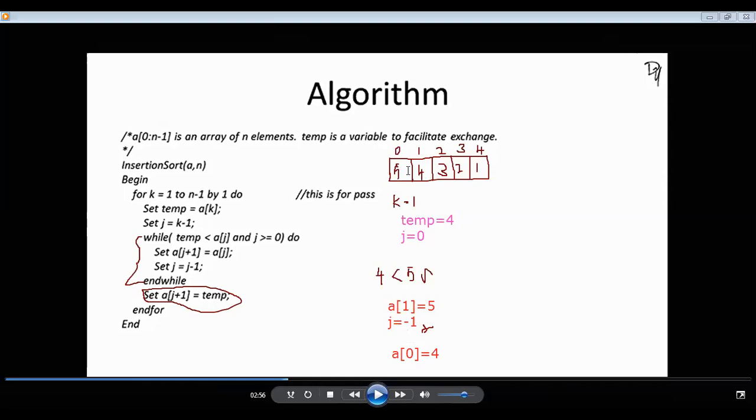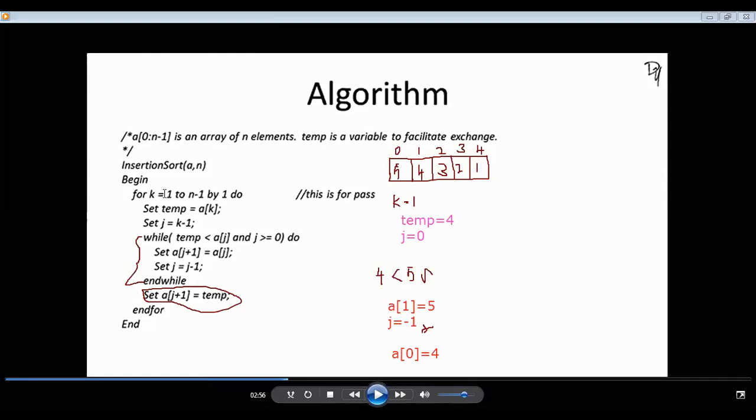See, first two elements we considered. I started here, current position I started here, and I found the position where to exchange, right? Yes, I found, and then I moved this 5 to here, and still I didn't move this 4 because I'm just waiting, still more elements are there or not, because I have to check backward, right? Since there are no more elements, later I'm just putting this 0th position value to move here, right? So that is why we are keeping the temp variable. The smallest element will be moved to the appropriate position. Understood?